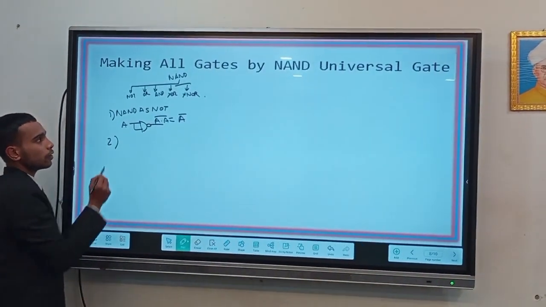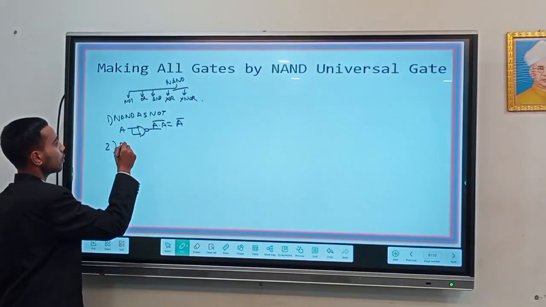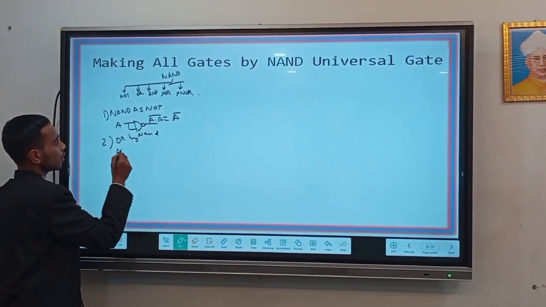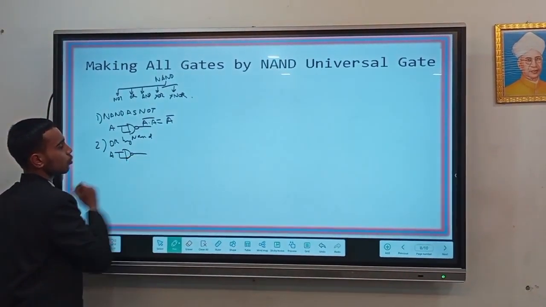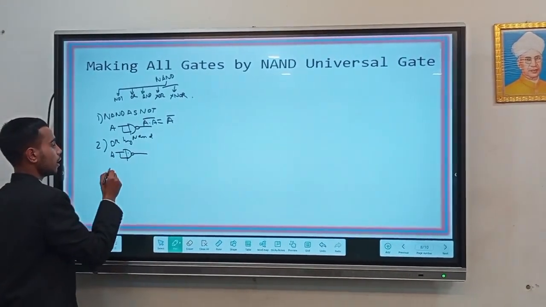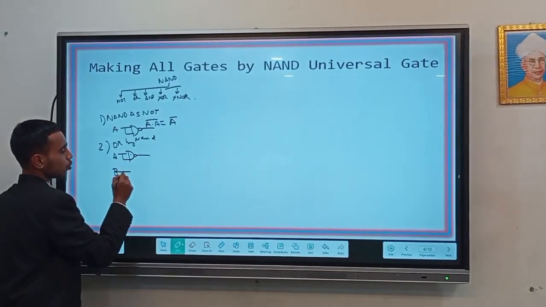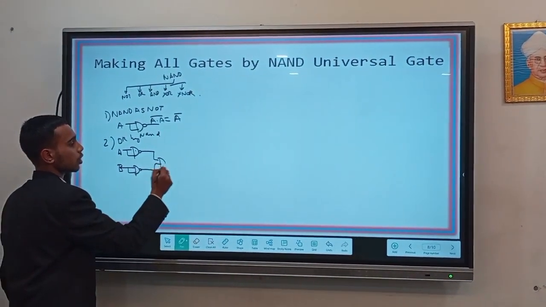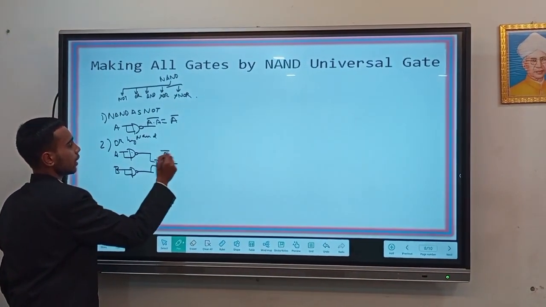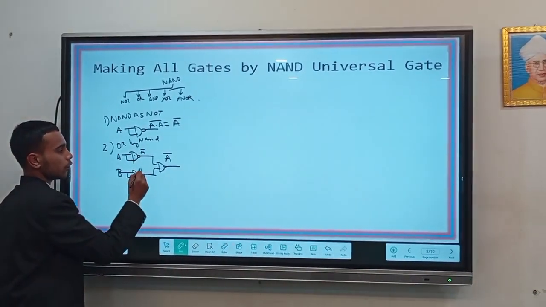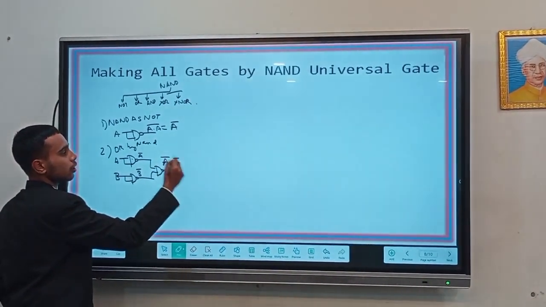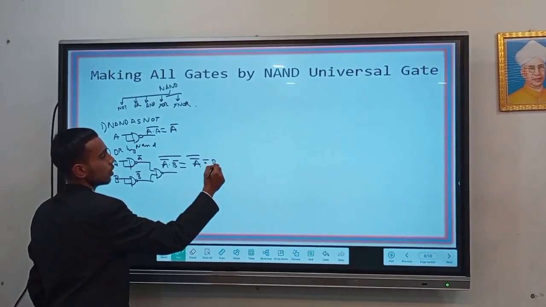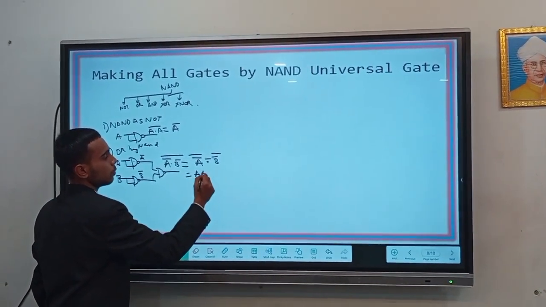Okay, then we are going to make the OR by NAND gate. So we are going to take A and we are going to give it to one NAND gate, and then we are going to send the another NAND gate, and we will require the third NAND gate. So we are going to get A complement. This one is going to give A complement, this one B complement, (A complement into B complement) total complement. It is going to give A double complement dot complement B double complement. It is going to give A plus B.